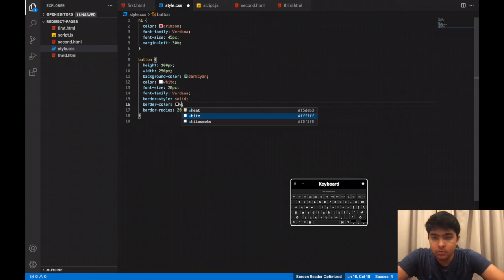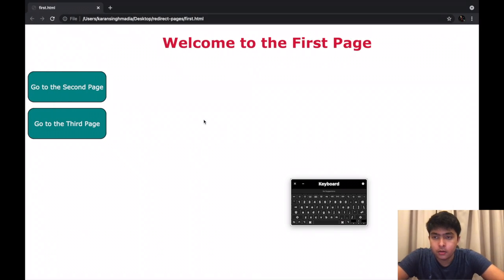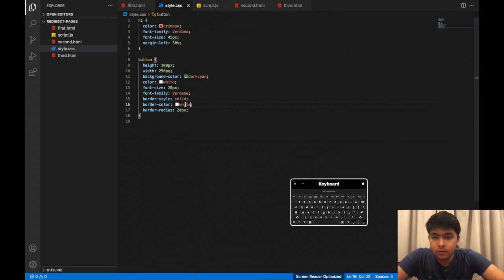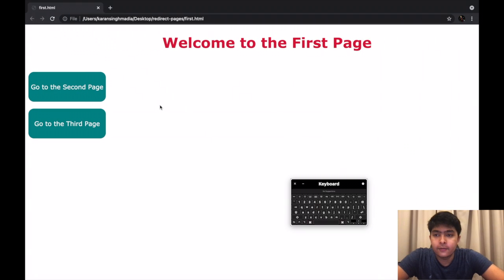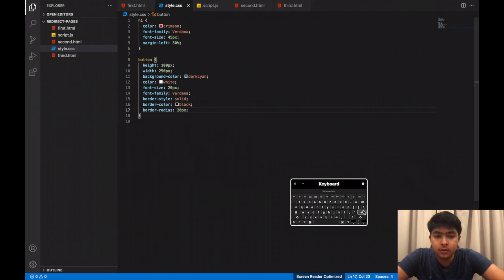What if I change this to white? No, I don't think it looks good. I think just stick to black. There we have it. And let's say I want to move both of them to the center too and give